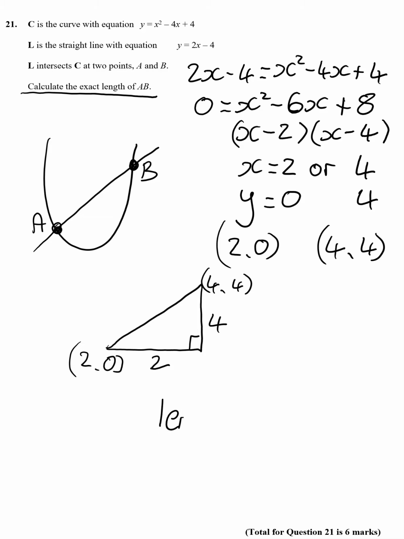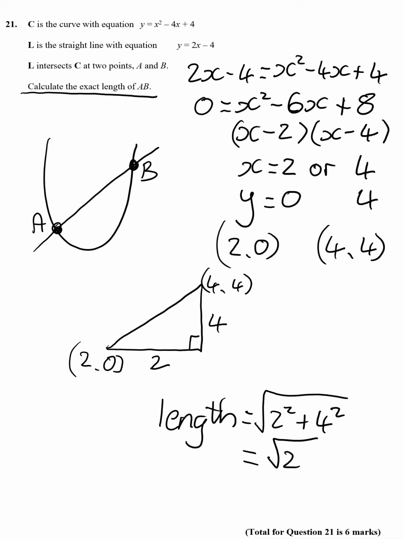So our length, and it says exact length, is equal to Pythagoras, that squared plus that squared, square rooted. So 2 squared plus 4 squared equals square root of 20. And actually the square root of 20 is your exact value. Okay,